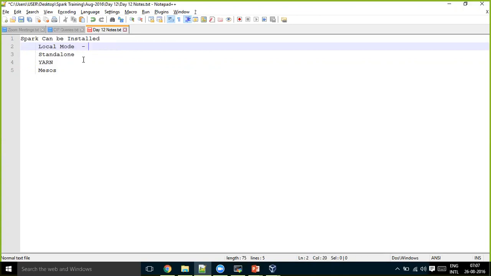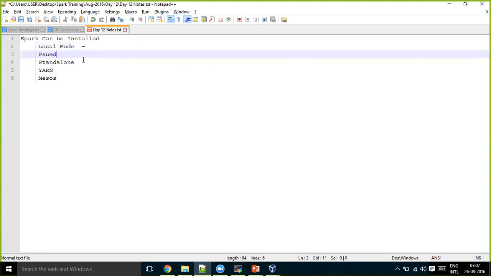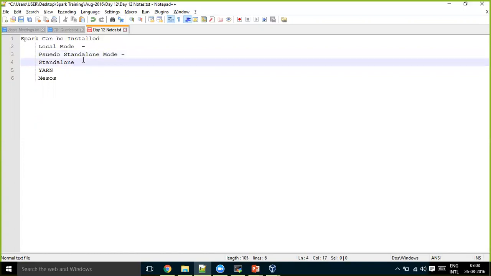In pseudo standalone mode, each service runs in a separate JVM, but on the same machine. In distributed standalone mode, each service runs in a separate JVM and on a separate machine. So that is distributed standalone.